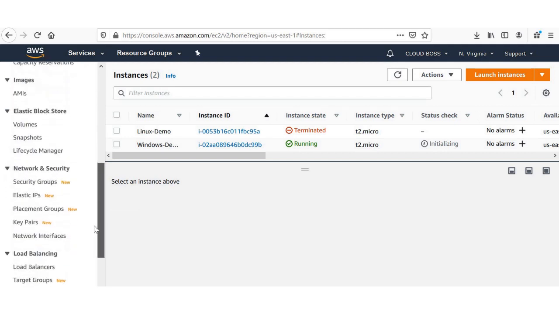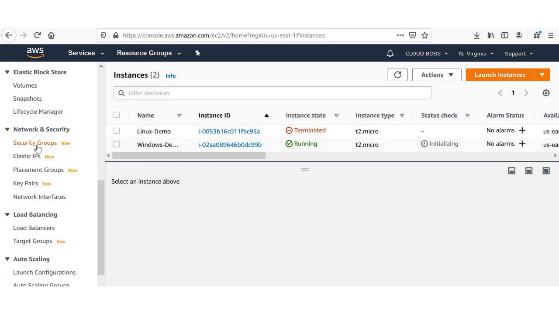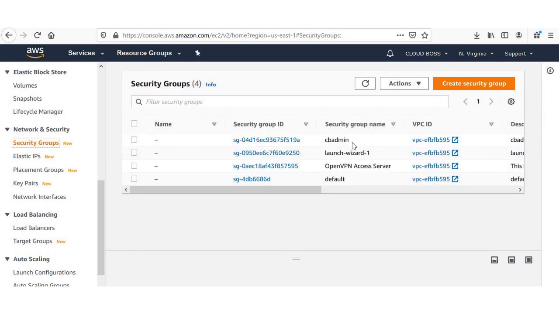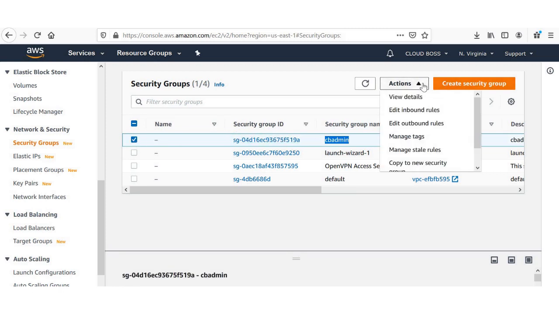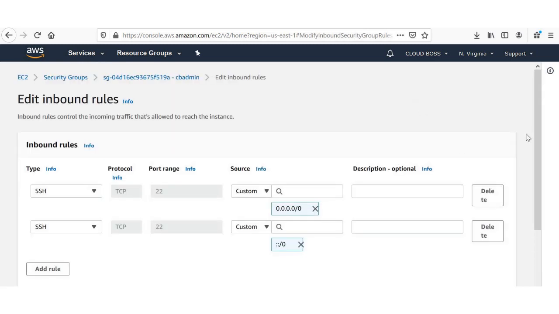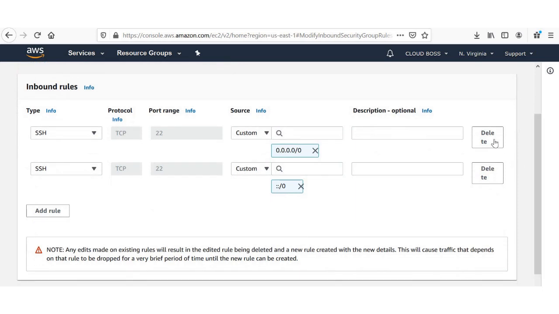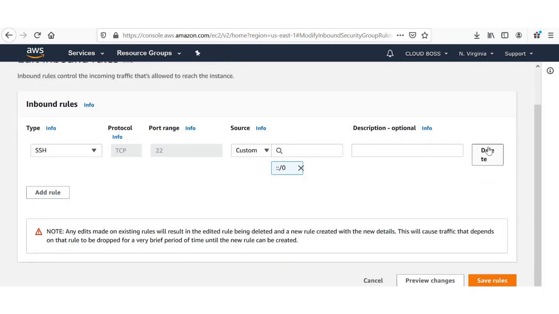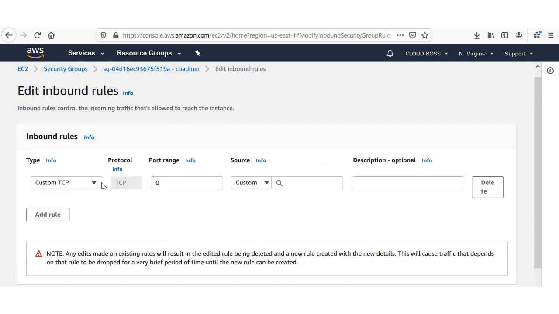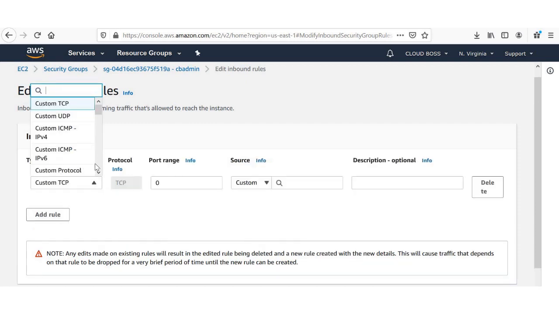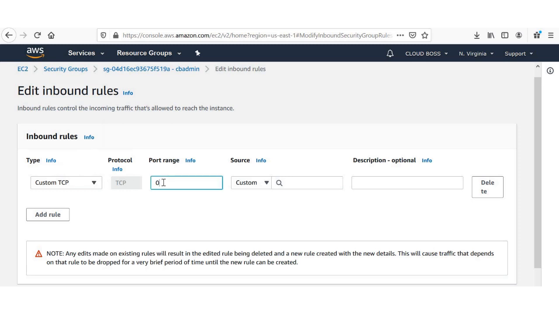Come down here as I'm showing, go to security group, and our security group name is CB admin, right? Just click CB admin, enable the tick and go for actions, and we are going to edit inbound rules. We will delete this one. Delete. We have to add rule here. What is the Windows port? You can just give custom. What is the port range? 3389.